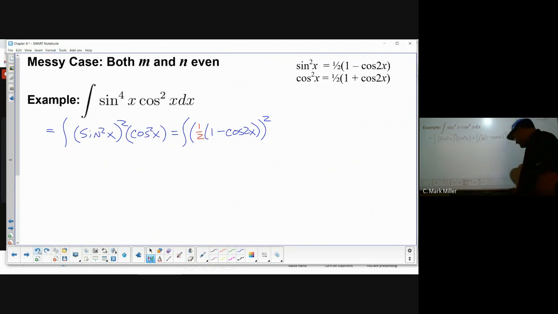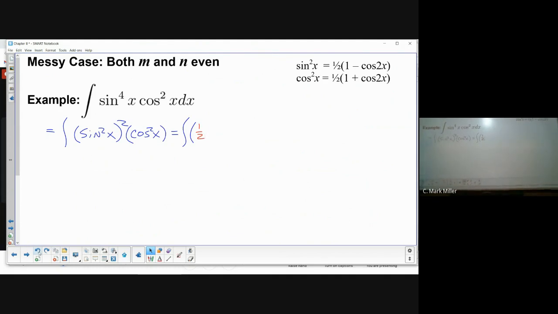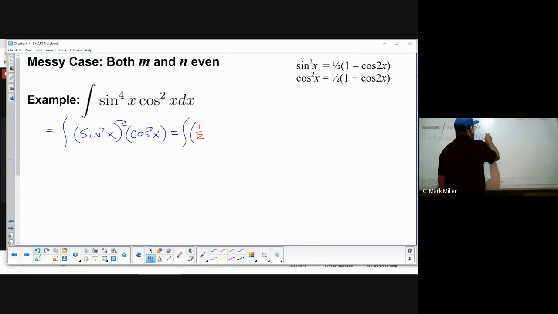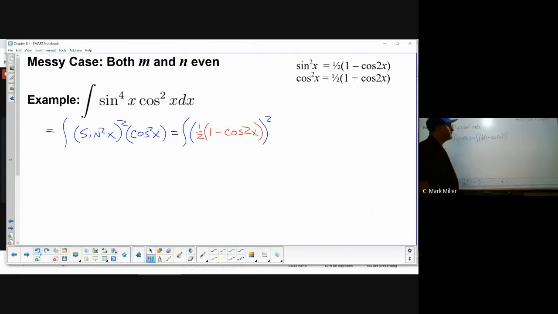You know what I'm going to do? I'm going to erase that. I'm going to write the same thing, but with some red ink. So the sine squared goes to that. Then the cosine squared goes to